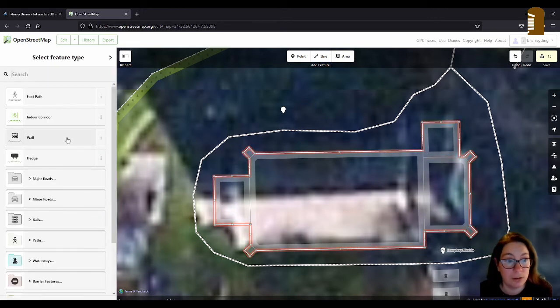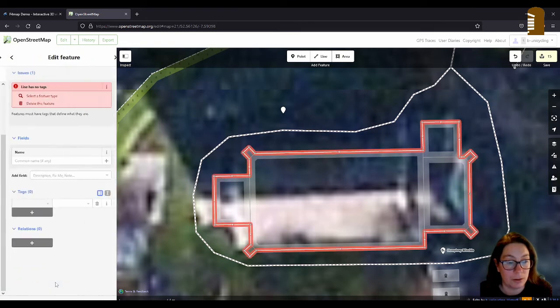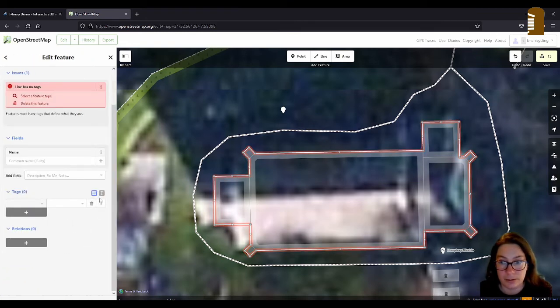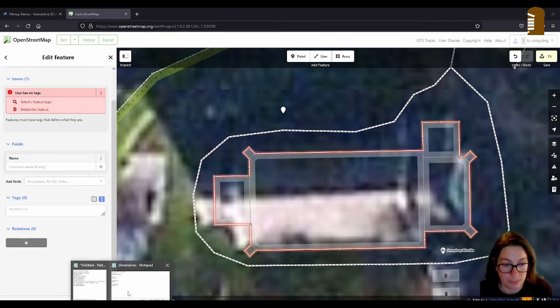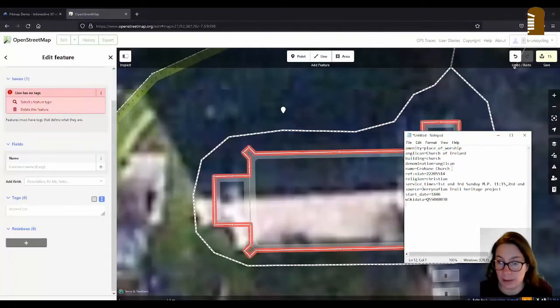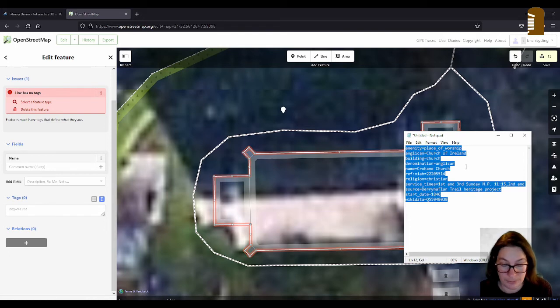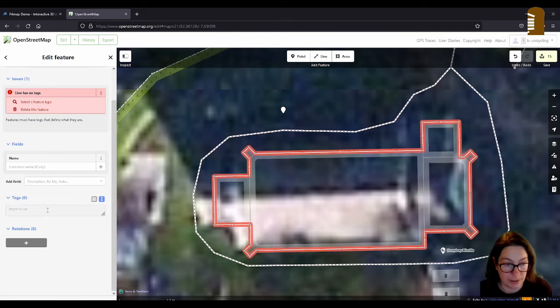Now we have it all, and I'll click on line and change into the text mode, or whatever you call it. And in case it isn't in my clipboard anymore, I'll go into my notepad where I have saved it all. Copy that and paste it in here.